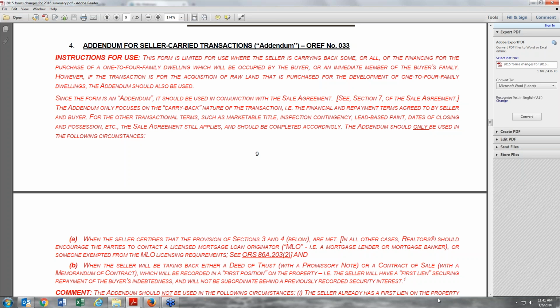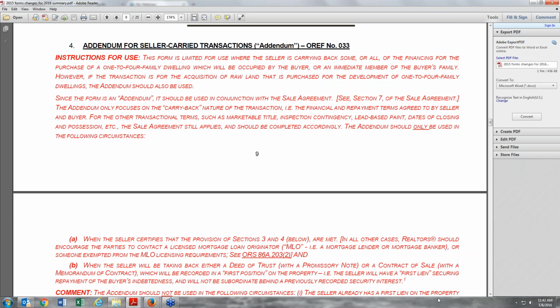And so that's what this entire suite of forms is all about, and the addendum being the main one, because it's going to be a part of the sale agreement itself, and it doesn't deal with the standard matters, like when there's a closing date and things like that. All it deals with is the vetting process of the seller, making sure that because of the seller's history of how many seller carried transactions they've engaged in and so on, and the nature of the type of the property,